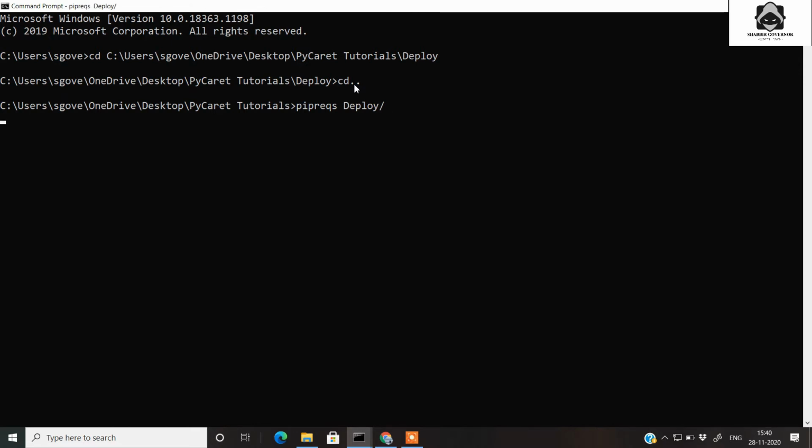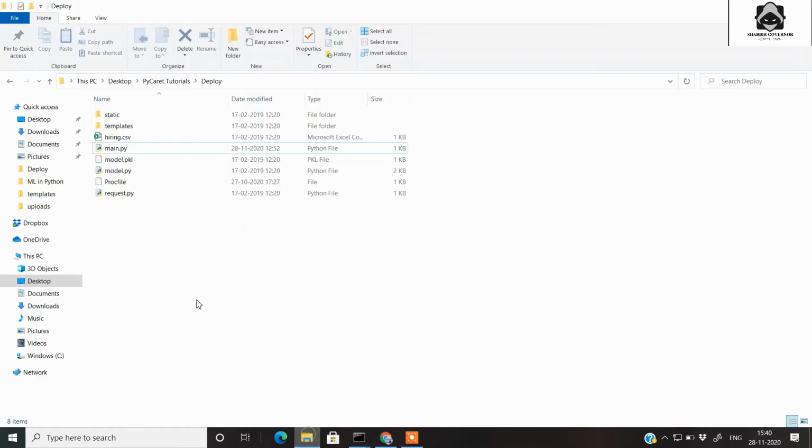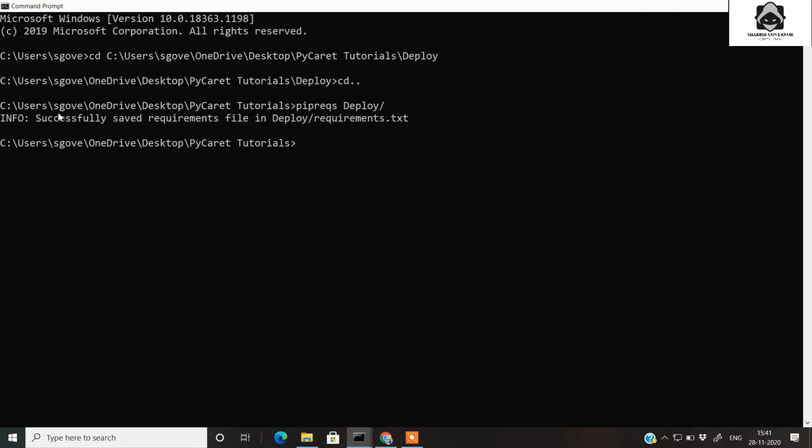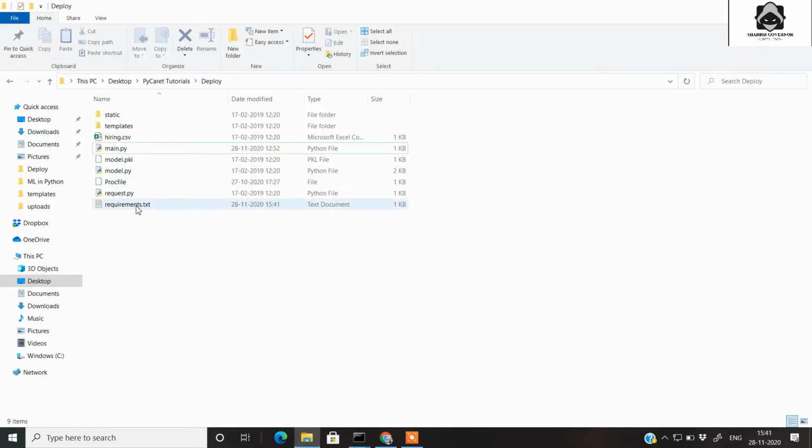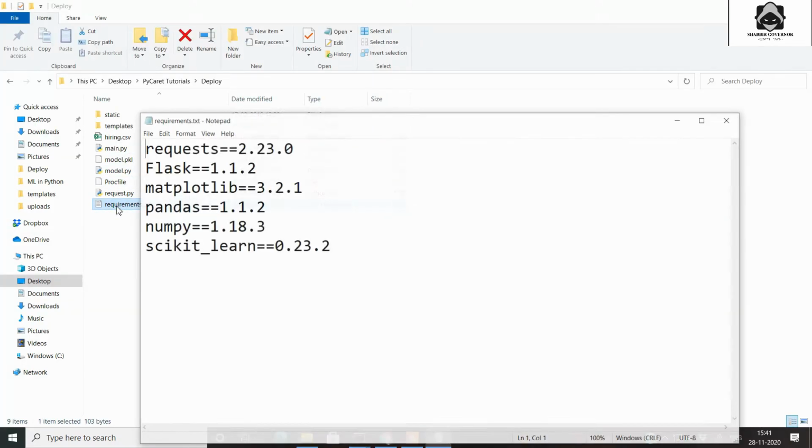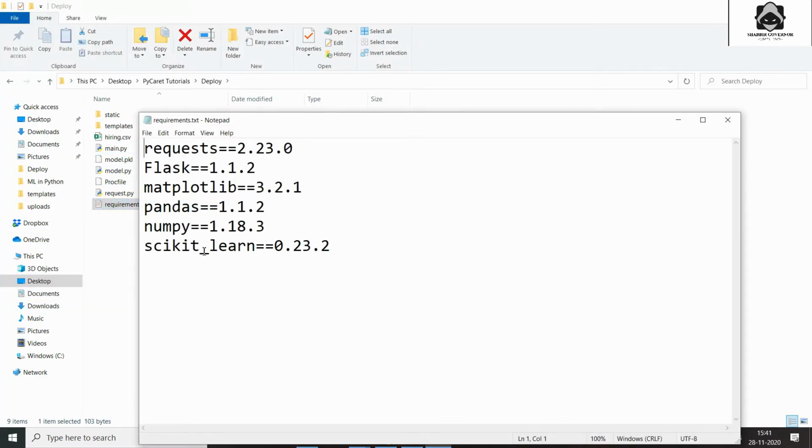It will take some time, but as you saw earlier there was no requirement.txt here, and now it shows that it successfully saved the requirements file. Let's check it. Here you can see that requirement.txt has been automatically generated.